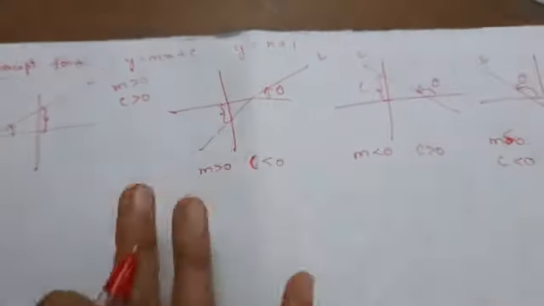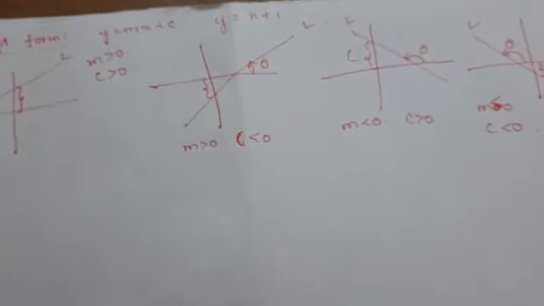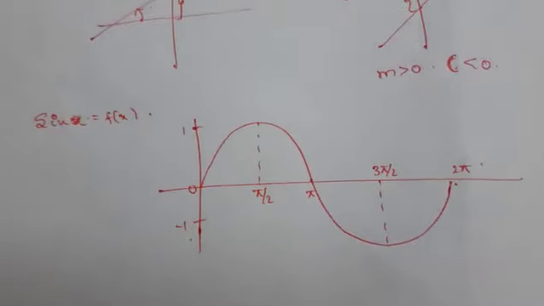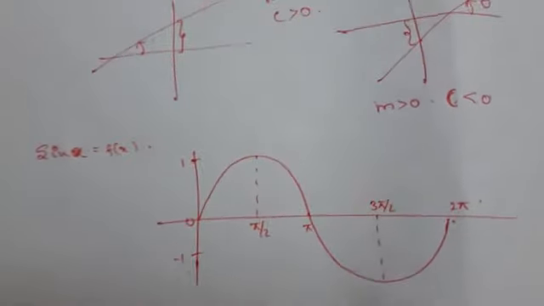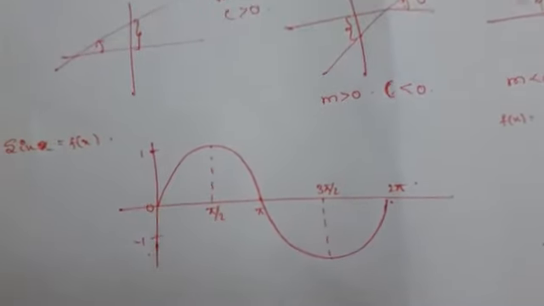So these are the 4 types of slope intercept form which we need to understand, and how the slope and the intercept are going to vary in all the 4 types of slope intercept form. The next basic graph which we need to know is the trigonometric, that is the sin x and the cos x graphs. So clearly we know the basic thing, how the graph of sin and cos will be.